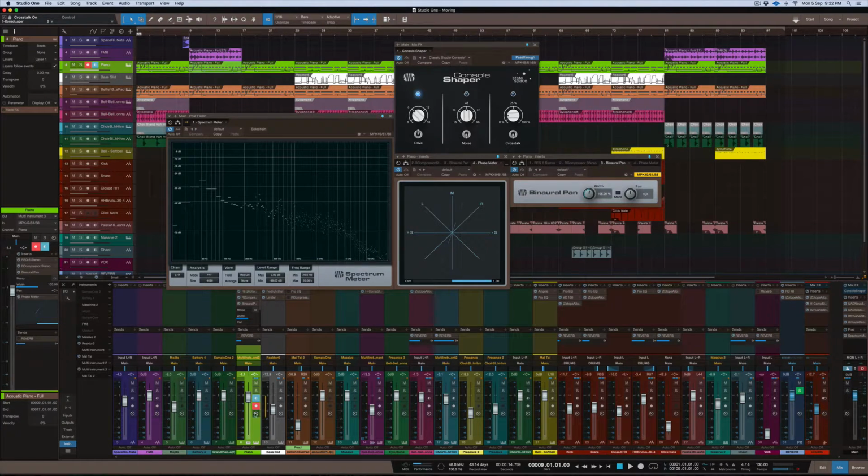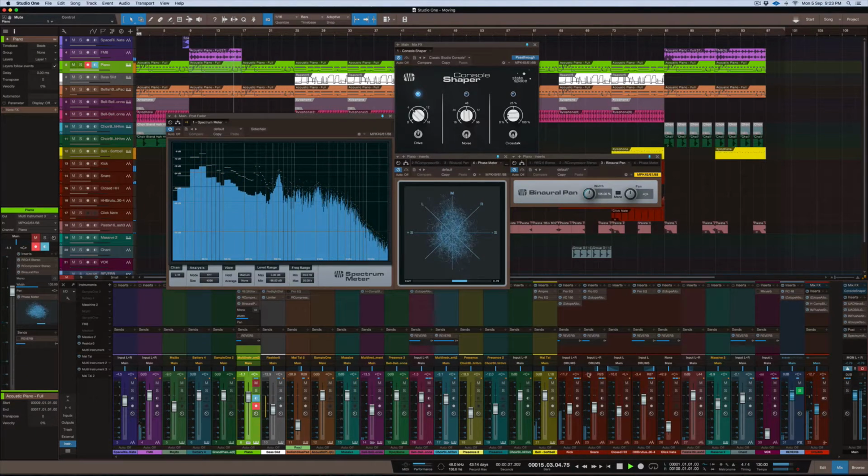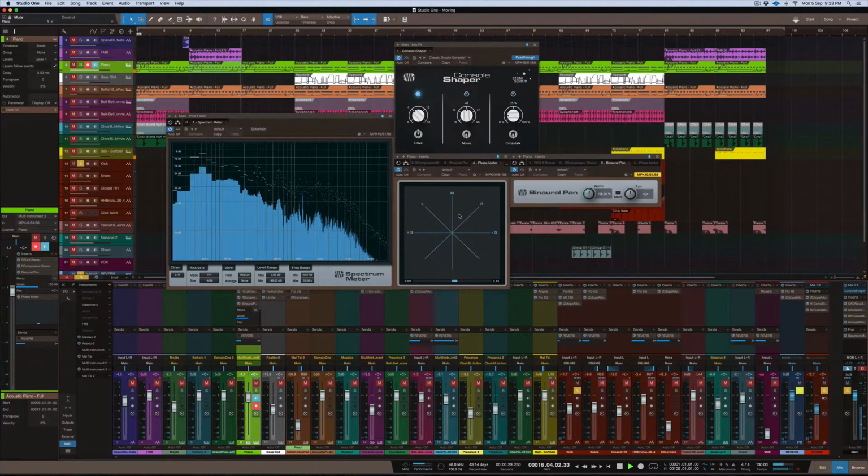So basically, if you're looking at the piano, when I play that piano, that's spread out everywhere. So you can see that it's got a position in the mix where it's spread to every direction of the box, if you're looking at a box in that sense. And if I mute that and solo the kick, it's down dead center, but it's got a bit of noise. It spreads out from the sides. And if I just turn this mix off,